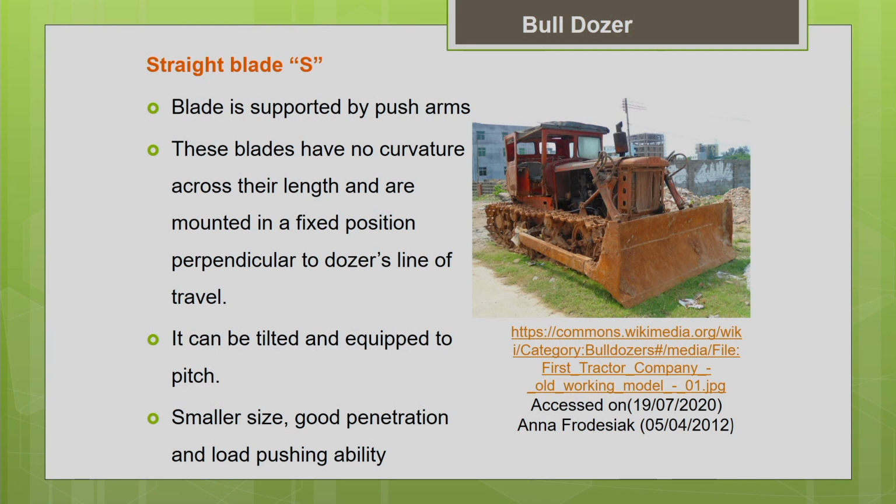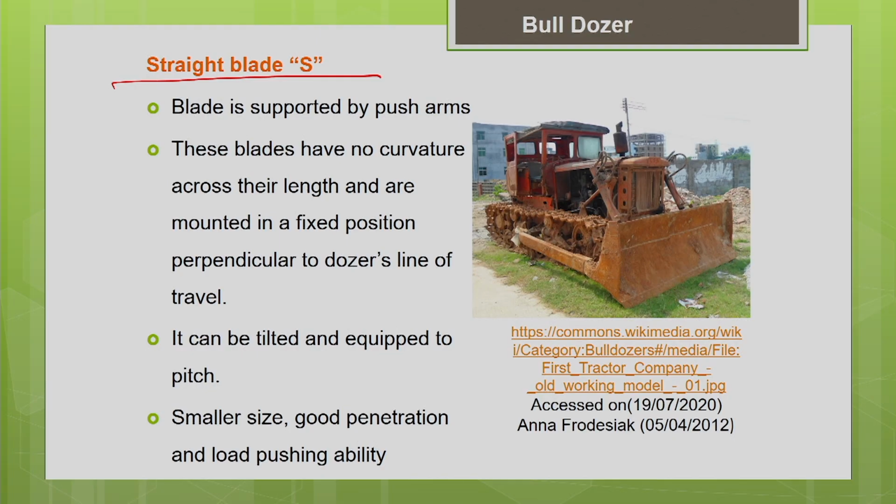First, we are going to discuss the straight blade. It is denoted as S blade. As the name indicates, straight means your blade is fixed straight, perpendicular to the direction of travel. So, I cannot angle this blade either to the left or to the right. Angling is not possible with this blade. It is fixed perpendicular to the direction of travel, so we have to note that.